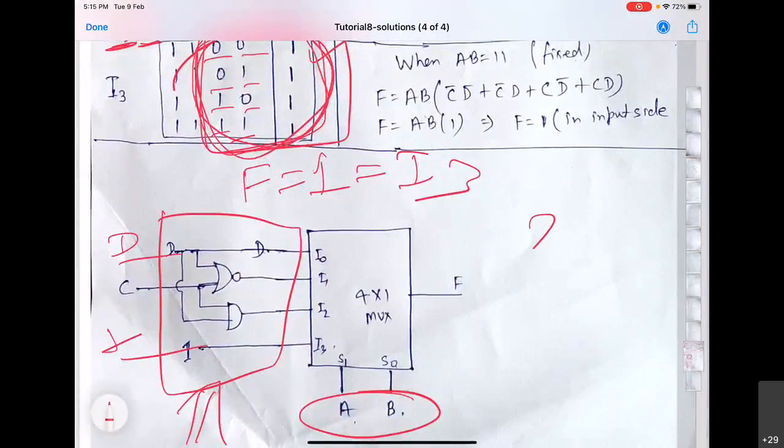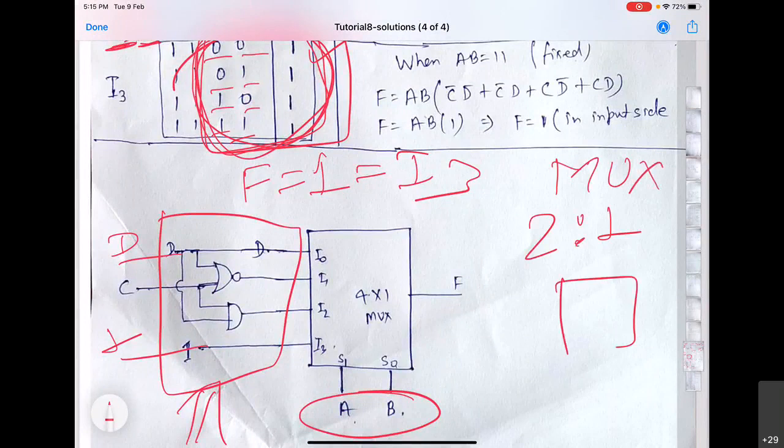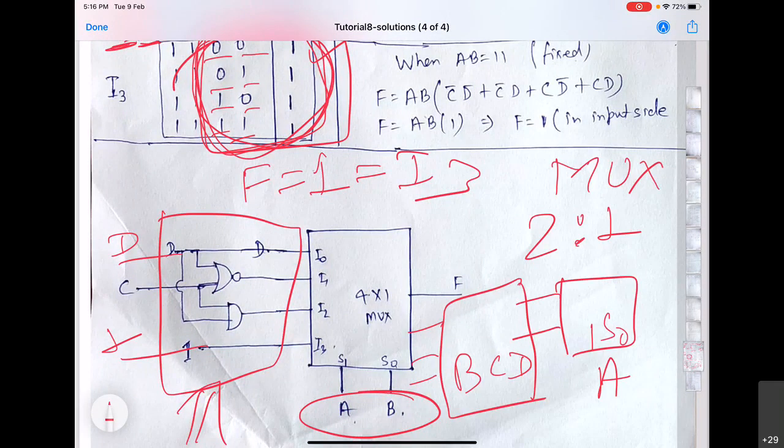For example, if we are asked to solve the same problem using a 2:1 mux, in that case only variable A will be the selector pin S0, and the remaining B, C, D will be here in the form of combinational circuits. So this time you will have to take the help of a Karnaugh map to find the expressions for I0 and I1. So this is B, C, D. This is what I pointed out. If the number of variables is larger compared with the number of selectors, then this circuit will become more and more complex.